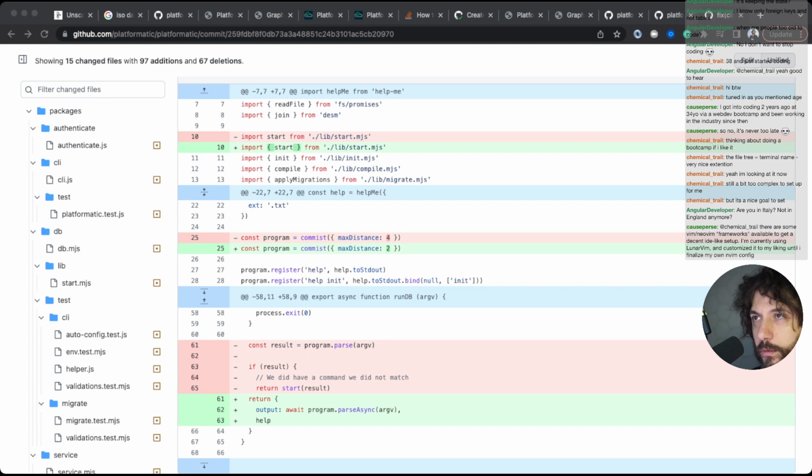Start. What does start return? If I do this, does this work now? It doesn't.